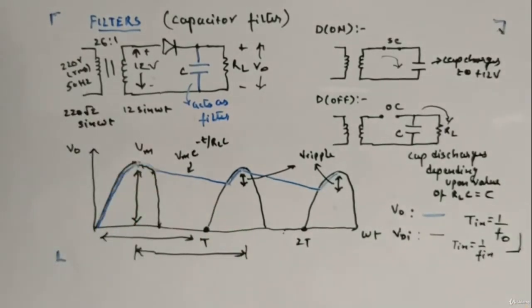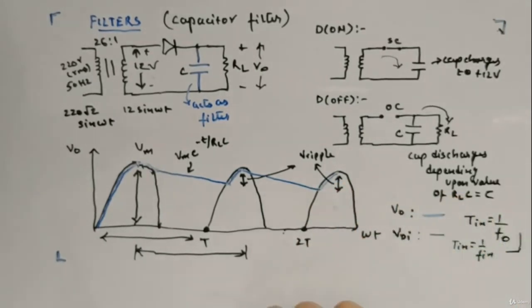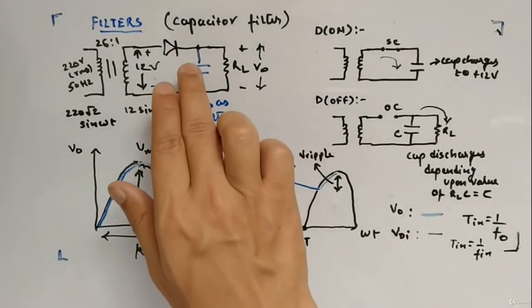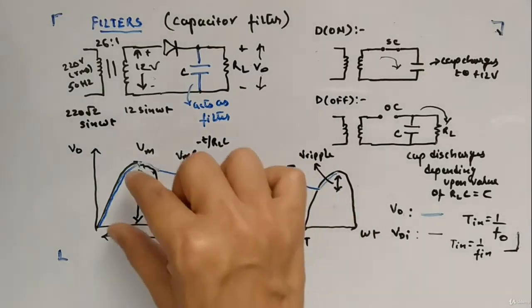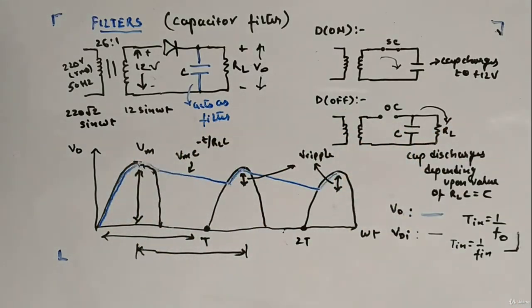So that is how the circuit will work, and it will go on. It is not like it will stop. But the main point is, you can see the ripple was this much bigger before the capacitor, but after the capacitor it became this much, very very small, which is our attempt to make DC voltage out of AC. So that is how it will work.